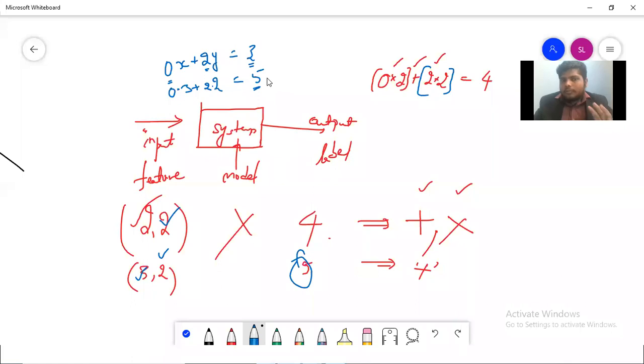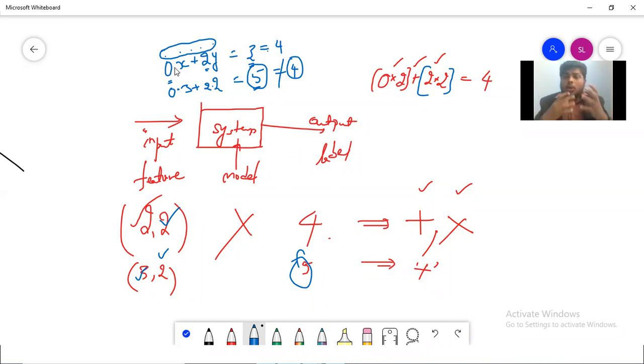So it is equal to 4 again. So this is producing 4, which makes sense, but this is producing 4, which will not make sense because my expected output is 5. My actual output is 4. So this is not equal. So I will say that this relation which I am just creating, which is nothing but first 0 multiplied with our first input, adding with 2 multiplied with our second input, this relationship, we are calling it a system. So this system is useless. That means this system is not producing the actual result based on my input data.